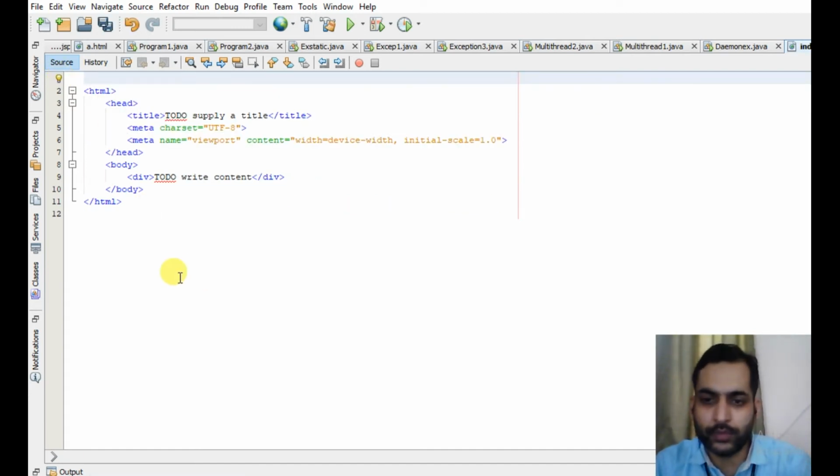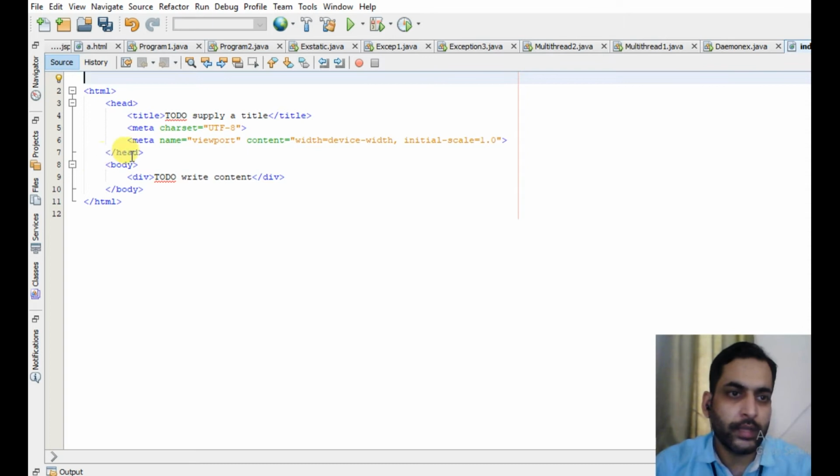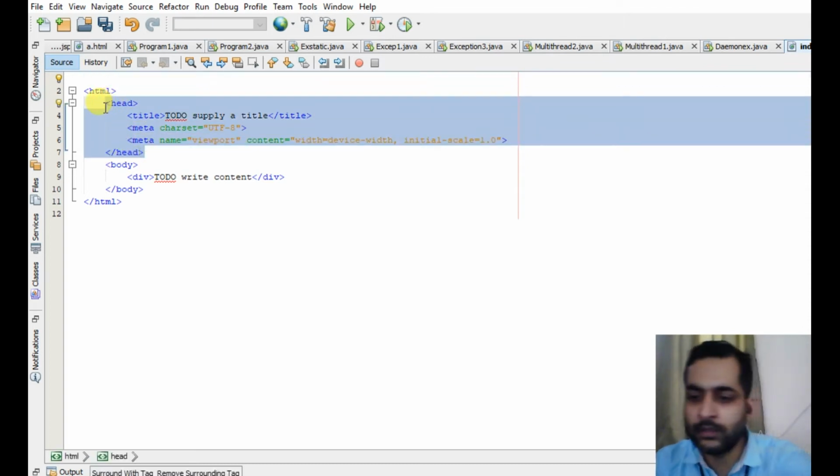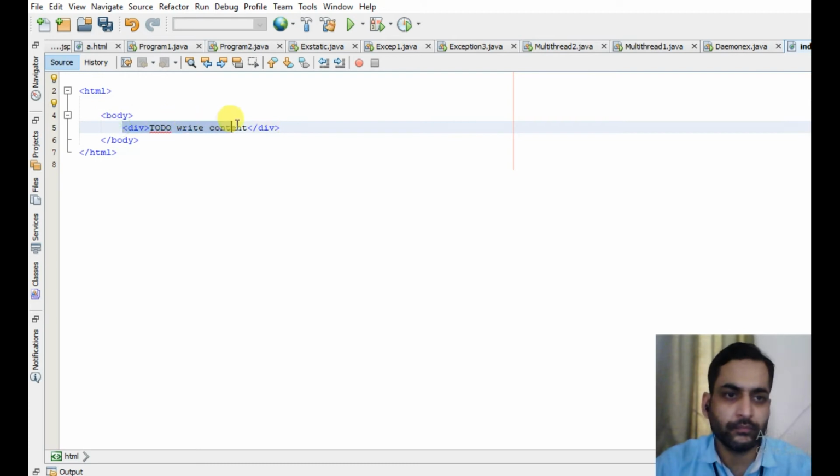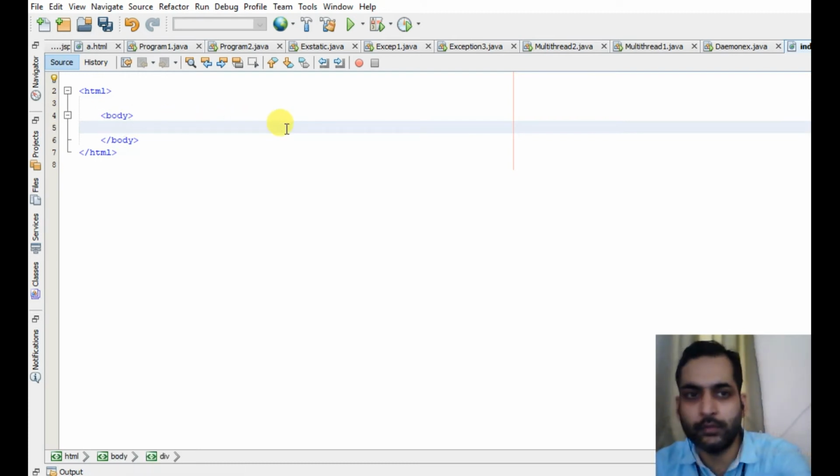See, web project is a collection of n number of web pages, and when you run your web project, index.html or index.jsp is the first page which will run. So this is the navigator. You will control the navigation of all the pages through this index.html page. You can remove this head section. So this is basic HTML. I can remove this one also.